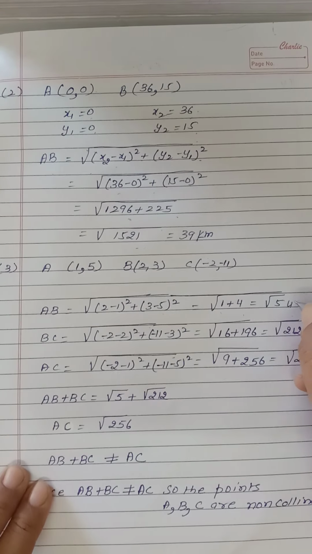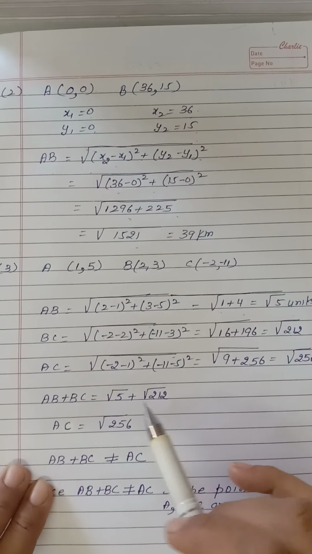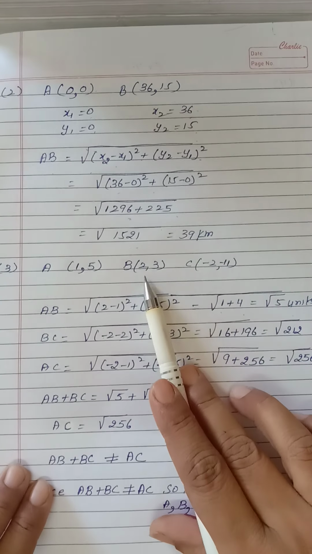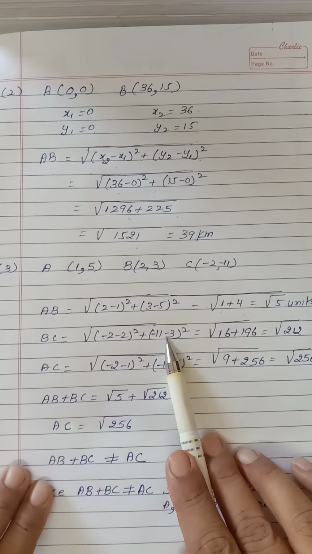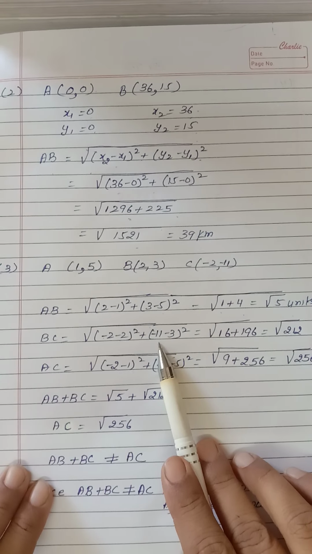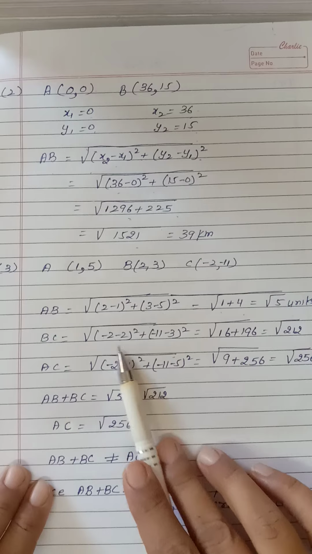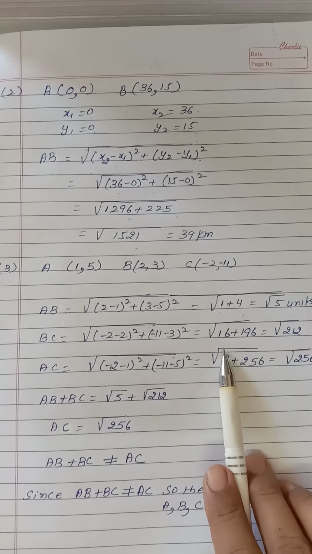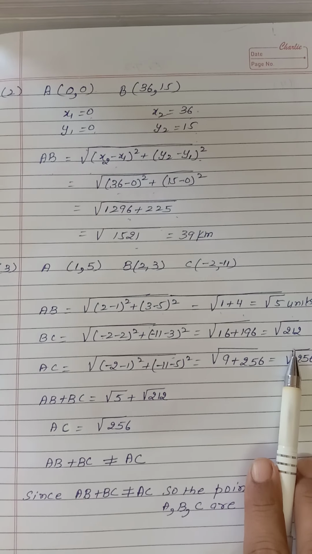With distance, we always write units. As these are points, whether we write units or not does not make any difference. So what is BC? It will be minus 2 its whole square plus minus 11 minus 3. Why did this minus 3 come? Because in the formula there is a minus. This minus 11 is because the y coordinate is given as minus 11, this minus is of the formula, and this is 3. Plus minus 4 square, which is 16, and minus 14 square is 196. So it is equal to root 212.